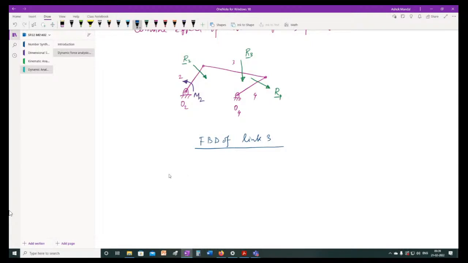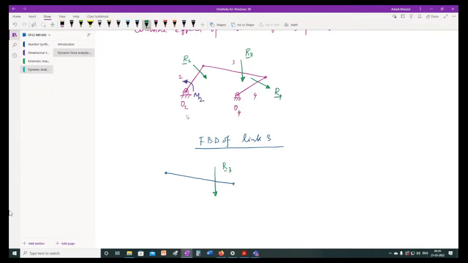So we draw this is link 3, okay, 2 endpoints, and this link 3 is subjected to this force R, not exactly. This is R3, okay, and now to complete this free body diagram, we need to show what are the forces acting at these